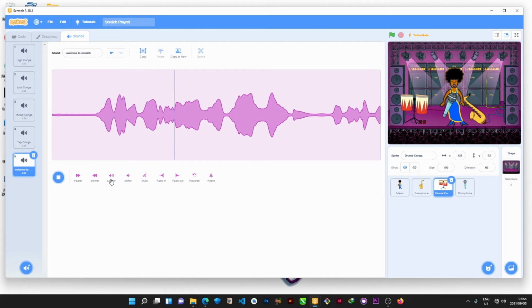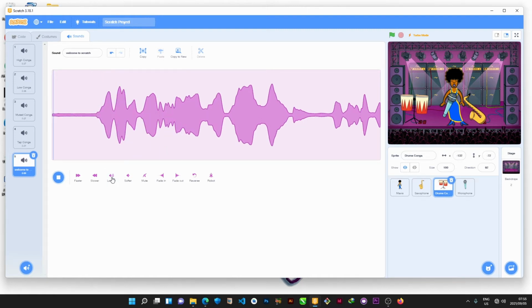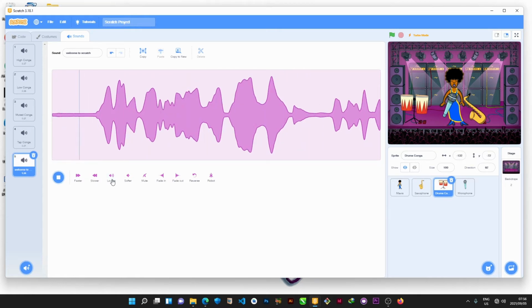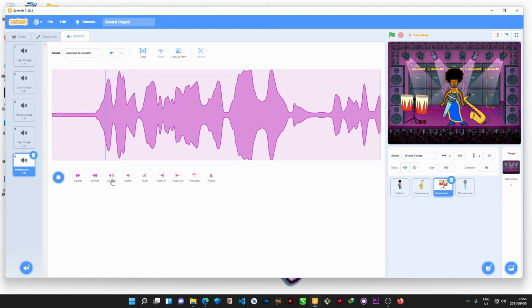Welcome to Scratch tutorial by playing music. Louder. Welcome to Scratch tutorial. Welcome to Scratch tutorial by playing music. I can stop. Okay, let's see if our sound is louder. Welcome to Scratch tutorial by playing music. You can also make it faster. Welcome to Scratch tutorial by playing music. Welcome to Scratch tutorial by play. Welcome to